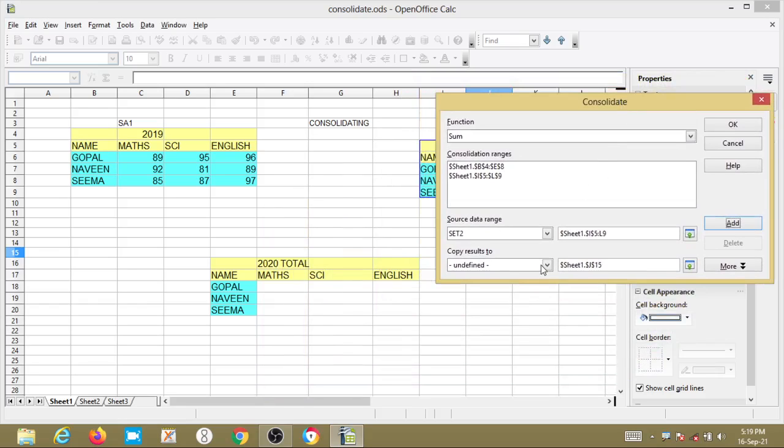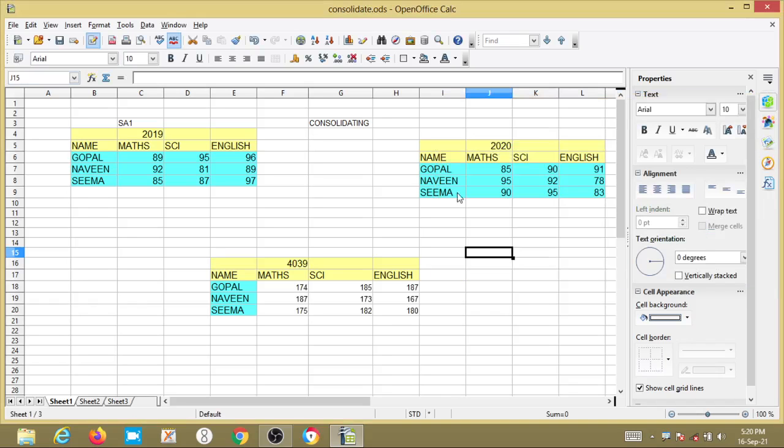Then I want to copy the result to the final answer. Then it will come here, and we will see the change: 89 plus 85.